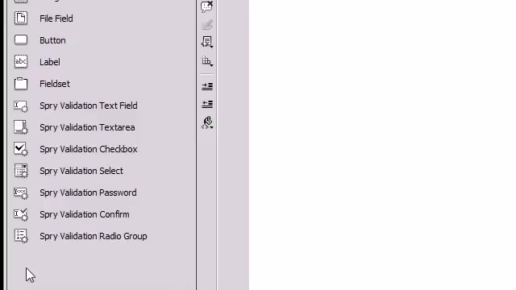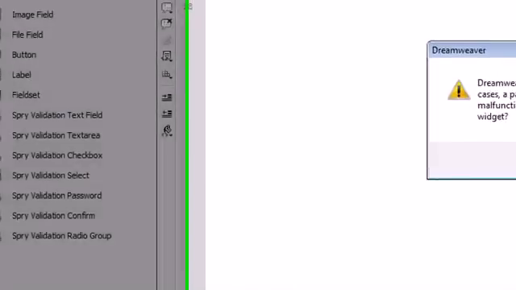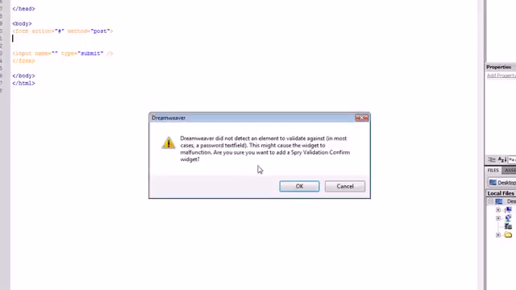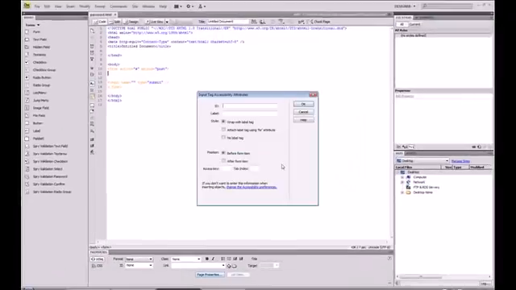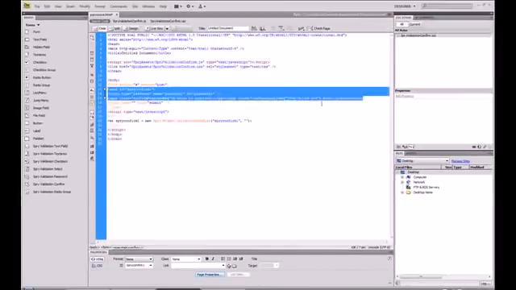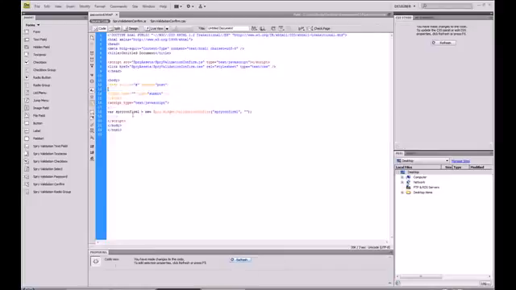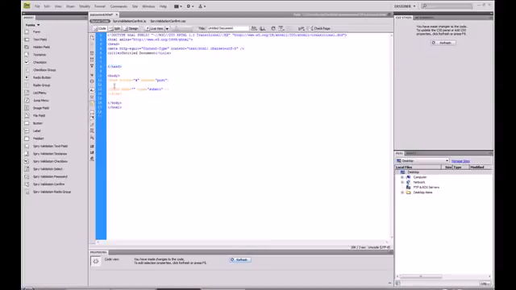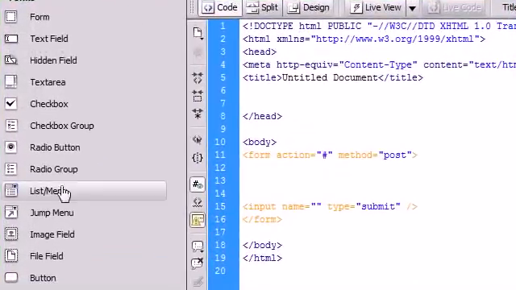So let's get started. Click Spry Validation inside of your Insert tab, and it's going to say that Dreamweaver did not detect an element to validate against. What that means is that we do not have any fields that it can look at to check against. So first we have to create some text input boxes so we can match up the confirm with a text